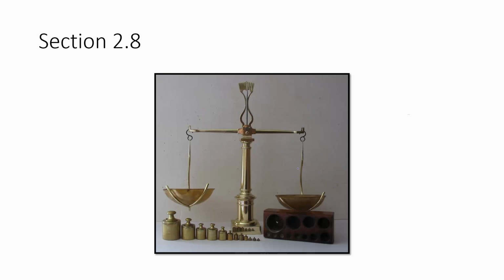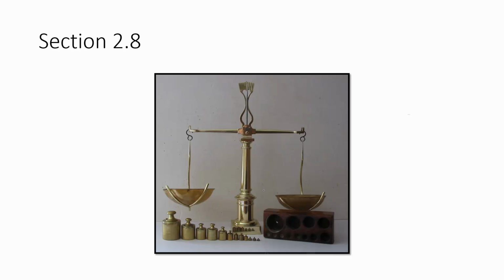In section 2.8, we start talking a little bit more about mass and atomic mass, which is where we look at individual atoms and figure out, by the abundance of the different isotopes that might be present for that particular element's atoms, what we can consider to be the average weight that we'll actually encounter when we pick up a